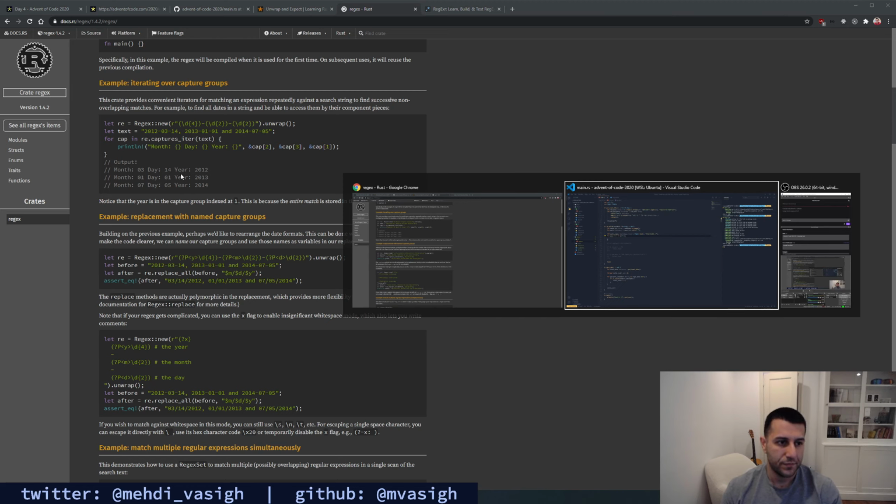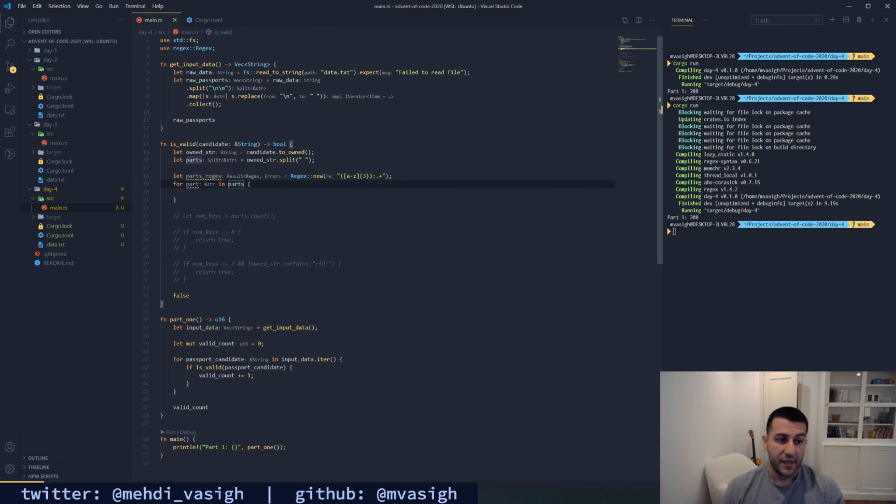So instead of this parts, I'm just going to say parts regex captures_iter on the string.